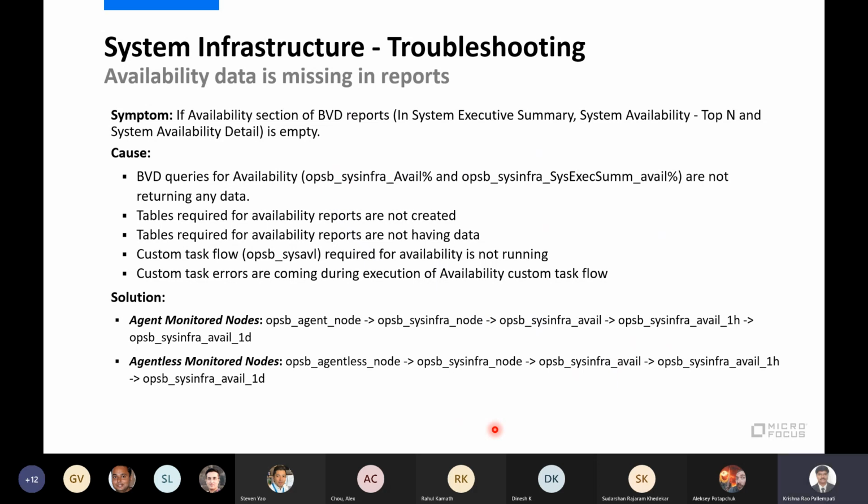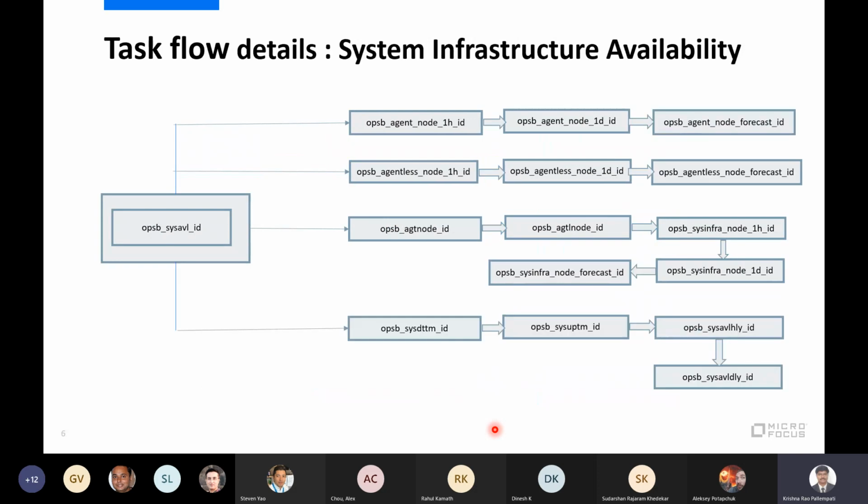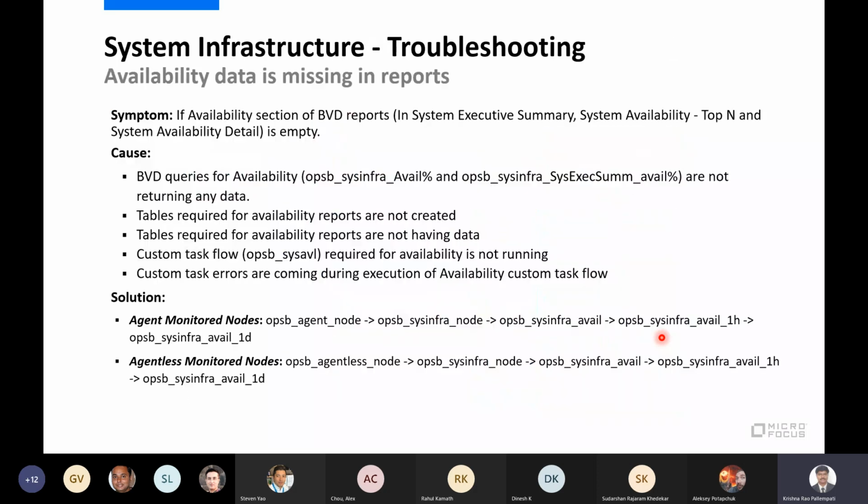As I mentioned, if you see here, this is the availability task flow where we have data in hourly, daily, all these task flows, and then we have a custom Perl script also. If you see here, the availability section of BVD reports, the availability data you will see in three different reports: executive summary, availability top-N reports, and then availability detail report.